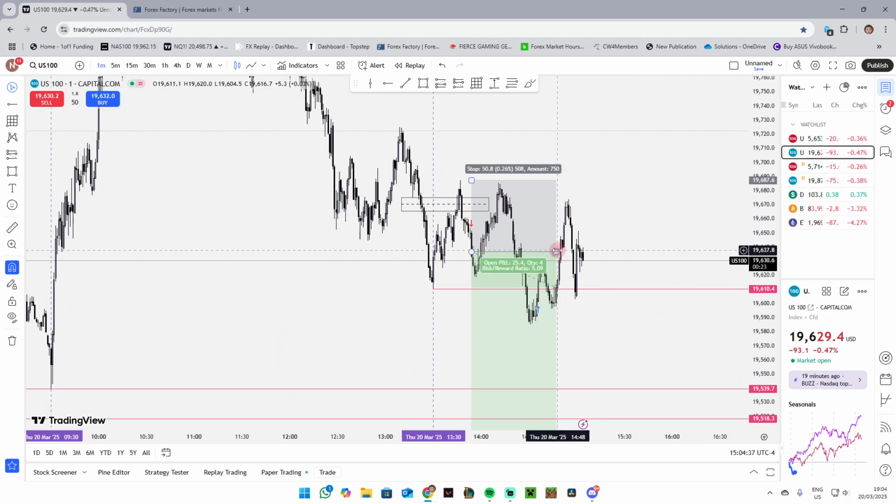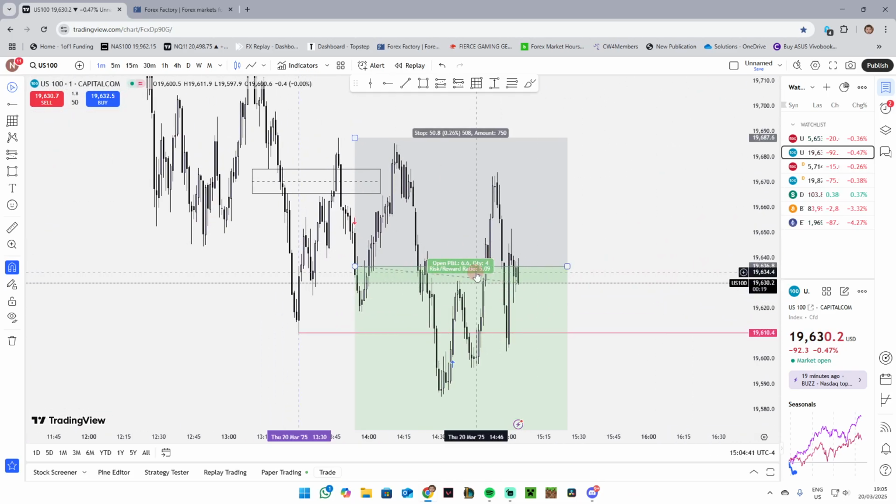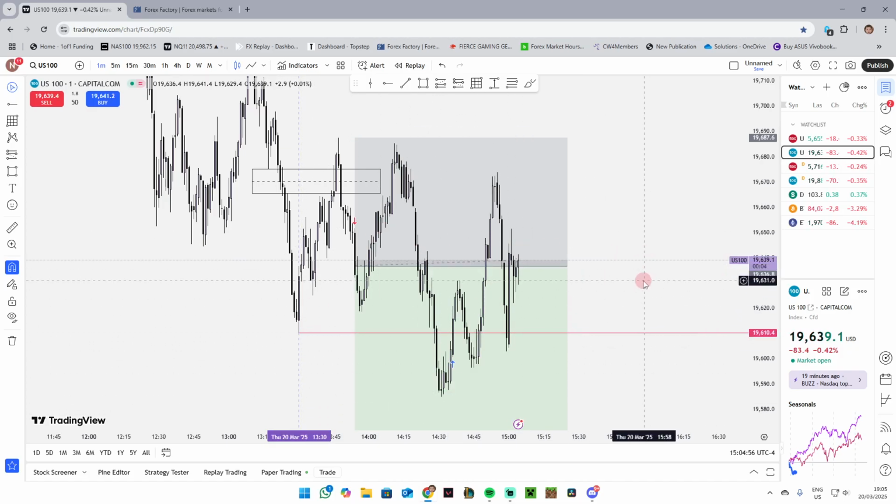We wouldn't see this trade is still going on. This trade would have still went on if I didn't put stops to break even anywhere. If I didn't stop break even here, it'd still be here. I could just close it there. Or if I put stops break even, it would have got stopped out break even. All in all, that's two trades.